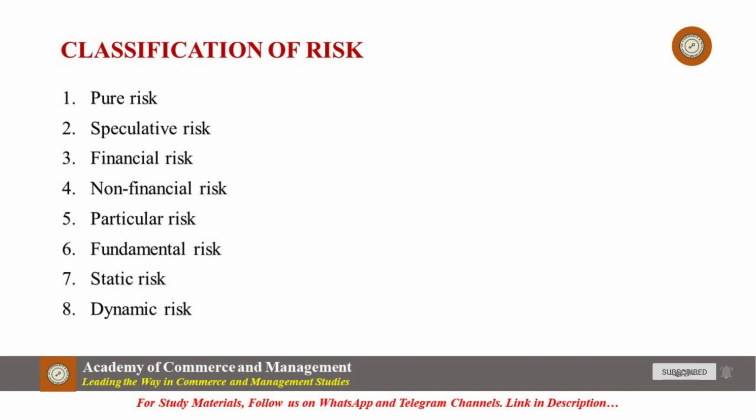Number 6, fundamental risk. The classification of risk in insurance of this type impacts the population or a big group. Such events are not under anyone's control. They lead to losses for several people. For example, an earthquake usually impacts a big area. Many people face the loss, and this event isn't under their control. Such events can also have insurance policies.